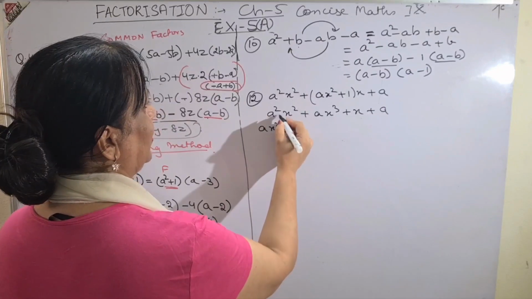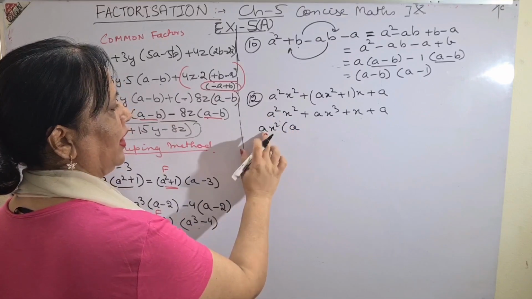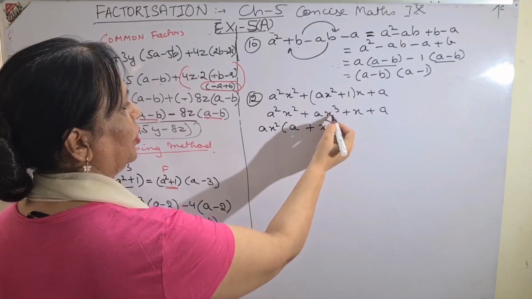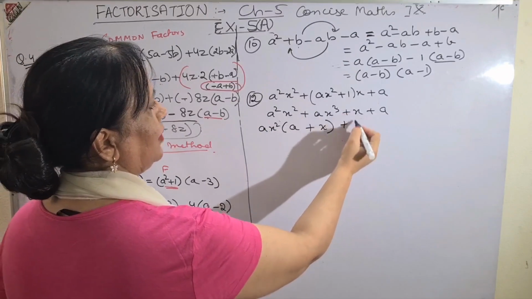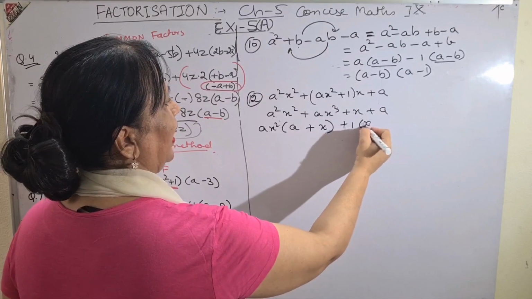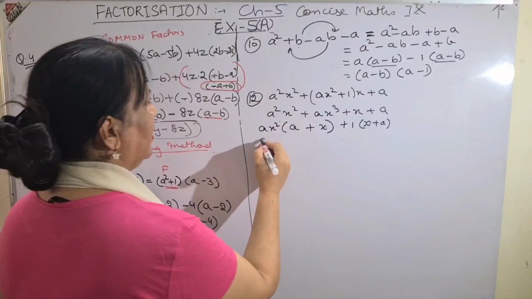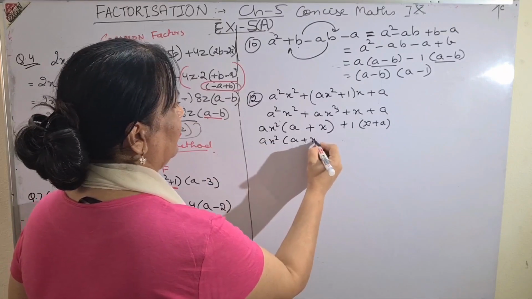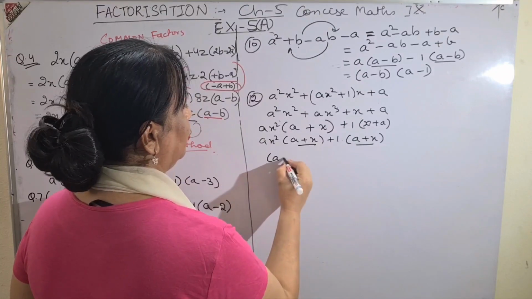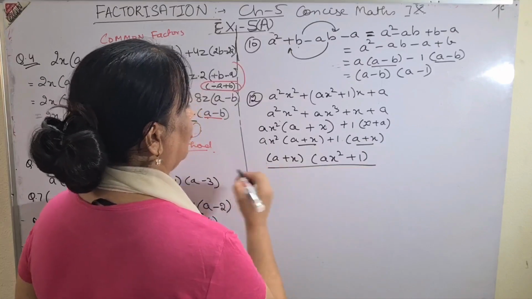Ax square I took common. So in first I am left with A, because A square was in the first term. I took out ax square common. In the second term only x is left, because ax square I took common, it was x cube. And the second part with these last two terms I took 1 common, and again I am left with x plus a. Now a plus x and x plus a is one and the same thing, but I would advise you write it in a proper form for one more step, a plus x. Now a plus x is your common factor. You take out a plus x and you are left with children ax square plus 1, and this is your required answer.